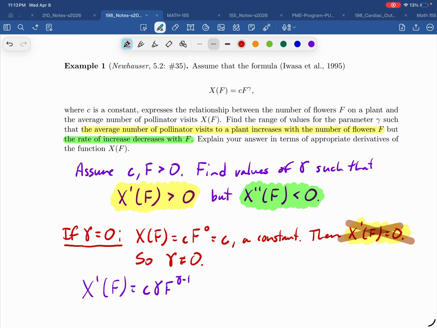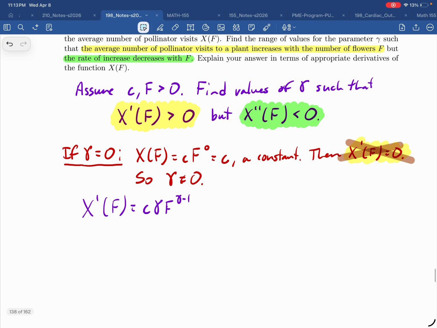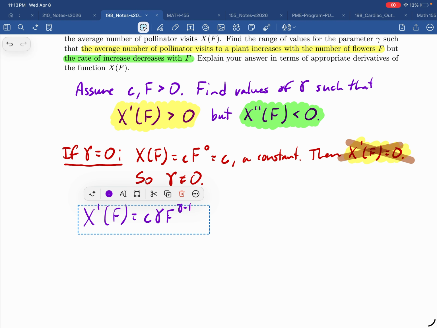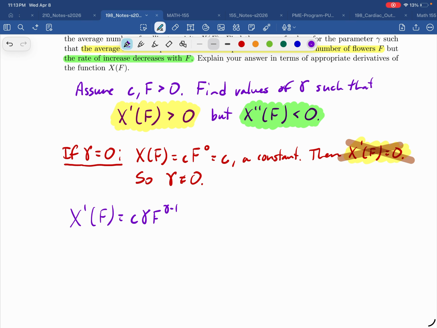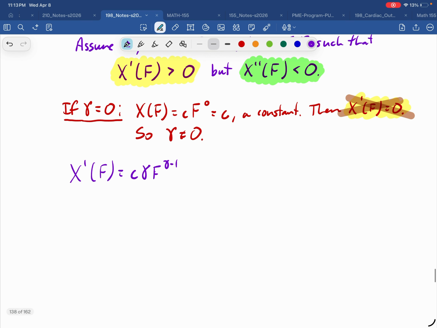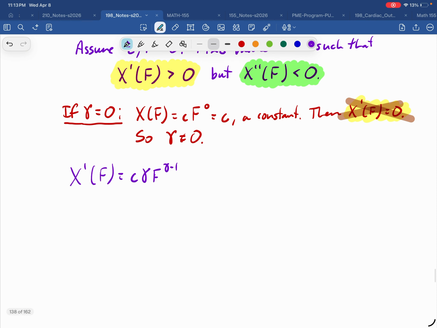And so now when we take the first derivative, we can do the power rule, and we know it's going to be like this. Okay? All right, now another thing to note here. Actually, let's go ahead and take the second derivative as well, and maybe with one further note,